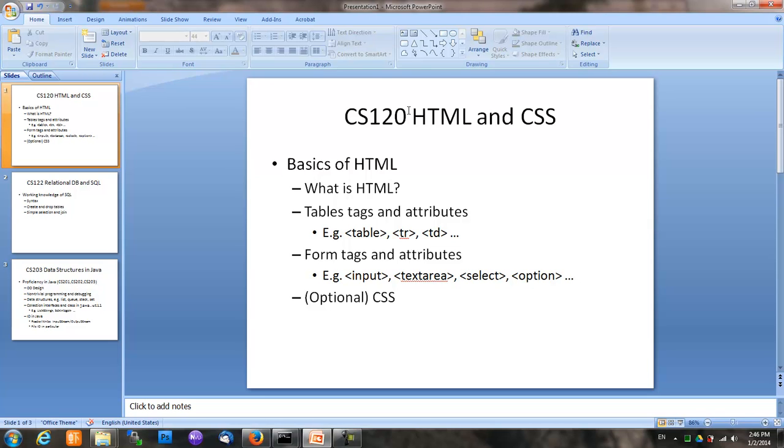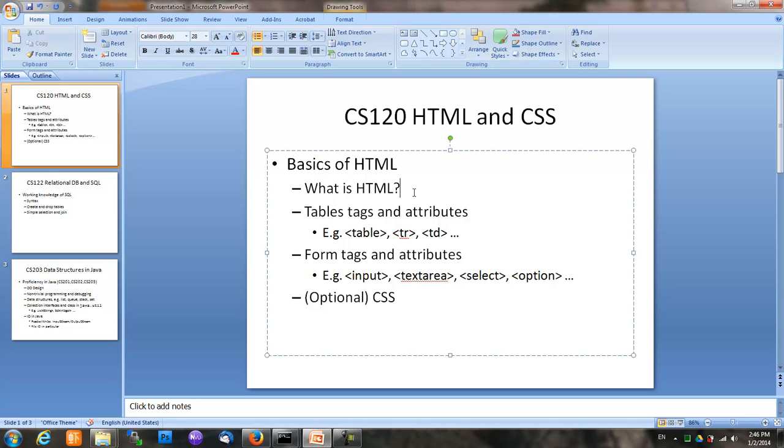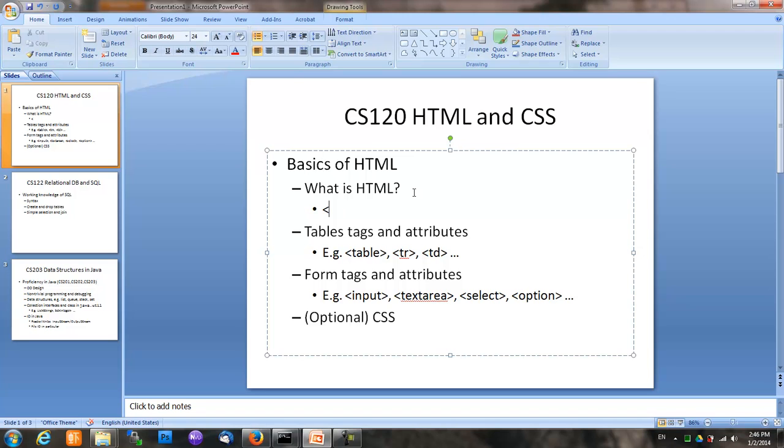Now, exactly how much do you have to know HTML and CSS? The answer is not too much. You obviously need to know some basics, like what is HTML, right? And we know HTML is a text format that you use to mark up certain text, like you use a p tag to mark up a paragraph, and everything in a web page should be enclosed in HTML tags and so on. So you obviously need to know this, because later on we'll generate HTML pages using Java code,